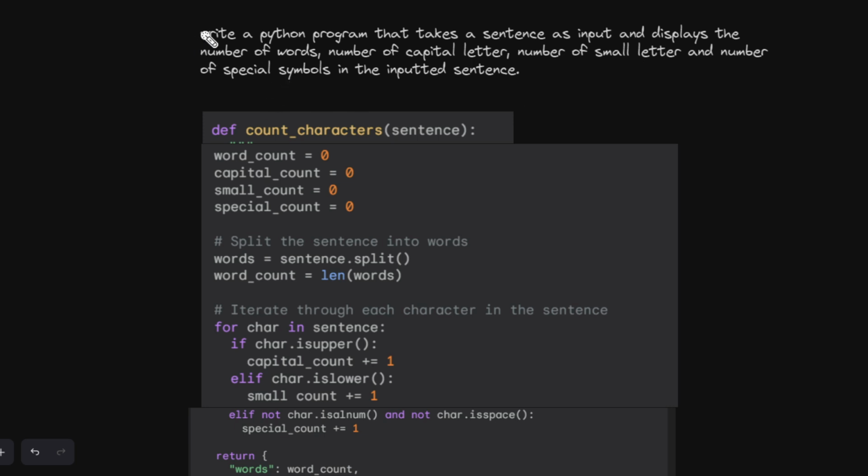So friends, today's question is: write a Python program that takes a sentence as input and displays the number of words, number of capital letters, number of small letters, and number of special symbols in the inputted sentence. So हमें Python program लिखना है जिसमें we are going to take a sentence as an input and जिसमें we will print the number of words, number of capital letters, number of small letters, and number of